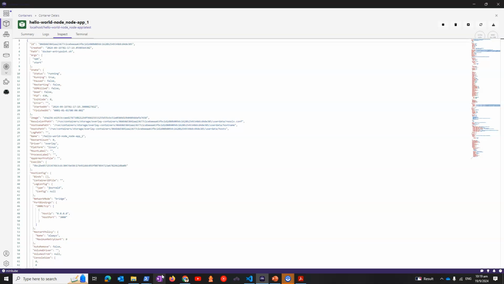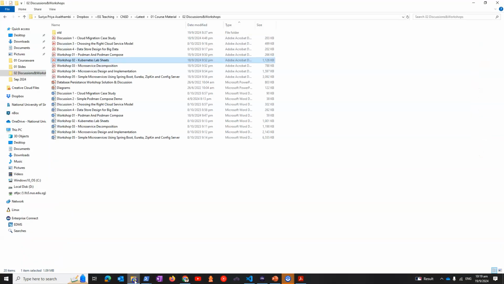The instructions for both the Kubernetes cluster as well as Podman are there as two different sheets, workshop 01, 02. I'm going to stop the demo here. You can go back and run these examples to see for yourself how these things work. Are we okay with this? I'll stop my demo, but